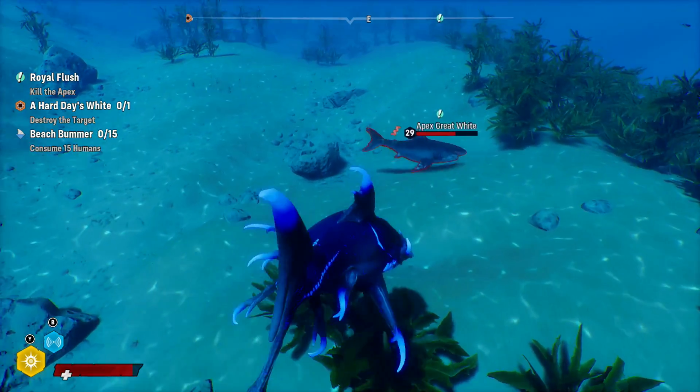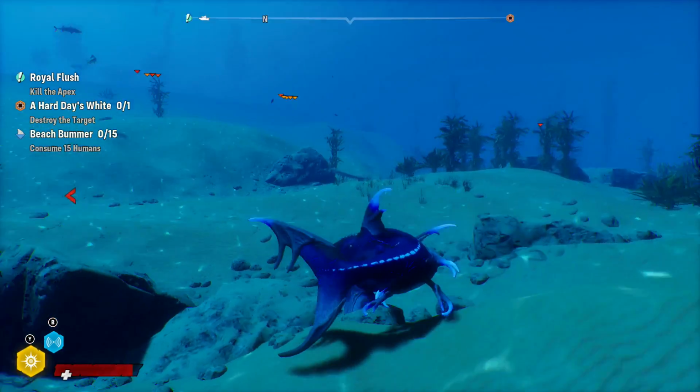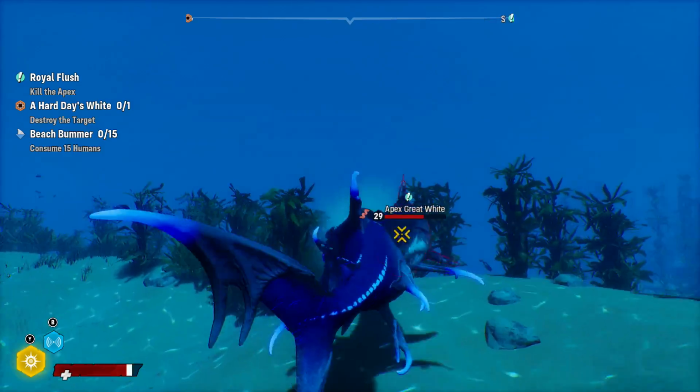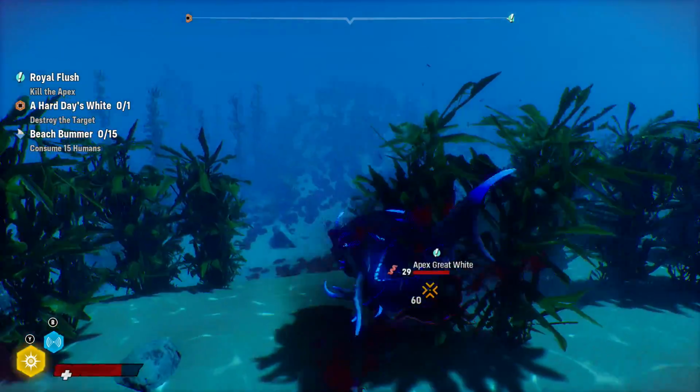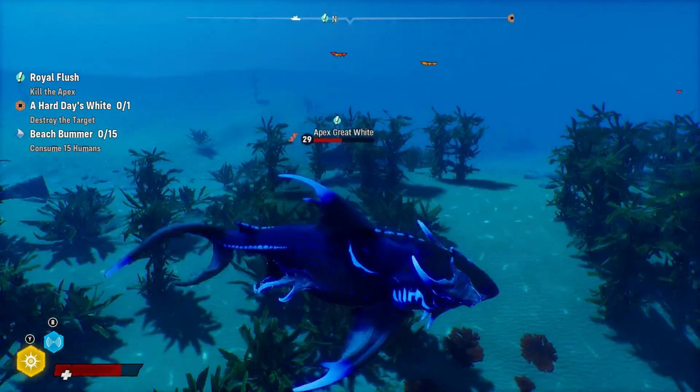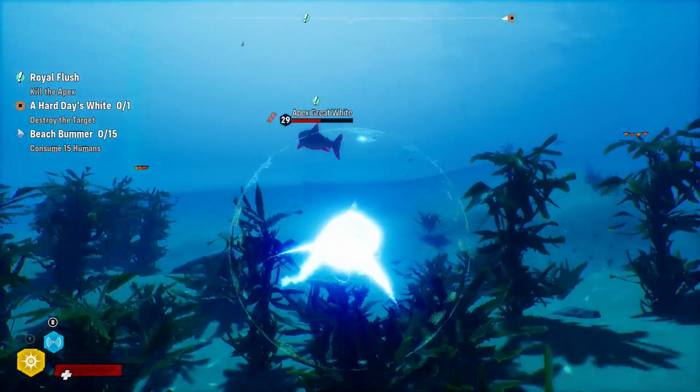It'll come in and snap at you and then maybe use its tail whip before swimming away, backing off, waiting for you to make a move. If you have a bioelectrical tail attachment like I do, use that whenever the shark gets too close to you. If you have it at tier 3 or higher, it will do electrical shock the moment it hits the shark. This will stun the Great White for a little bit, allowing you to move in and do some damage yourself